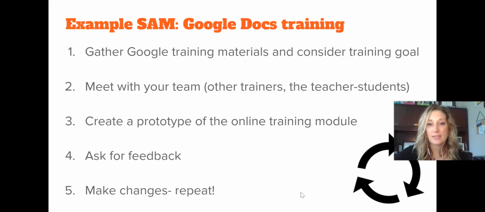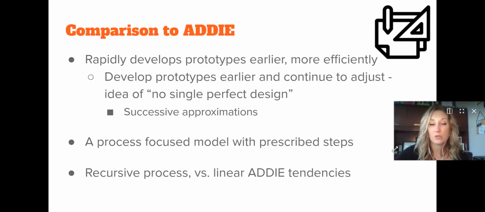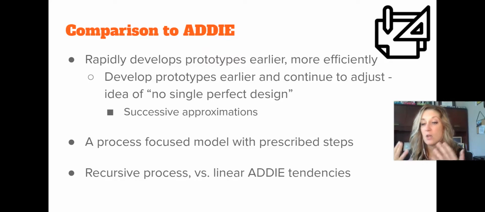So we consider the SAM model and compare it to other instructional design models that are out there, specifically ADDIE, which is one of the well-known, very famous instructional design models. SAM certainly involves earlier and more rapid prototyping than what ADDIE does. ADDIE considers developing a prototype after a couple of phases. You go through your needs analysis, you start to think about prototypes and design, but you're not really making it until the development phase. Whereas in this model, when you're engaging in that Savvy Start is when you first start making sketches and